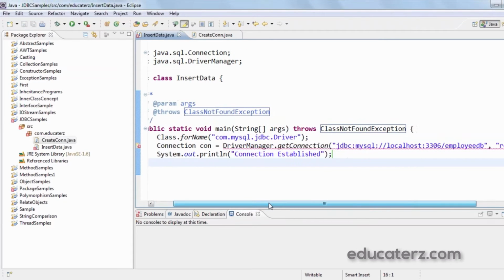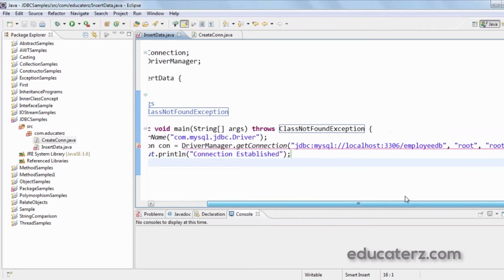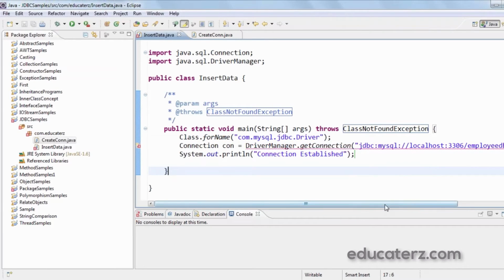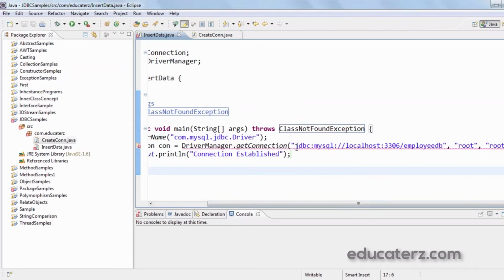Similarly, using the DriverManager.getConnection method, we get the connection object, and this is the JDBC URL connection string, that is the database URL. JDBC is the main protocol, MySQL is the sub protocol, and localhost is the address of the database server.